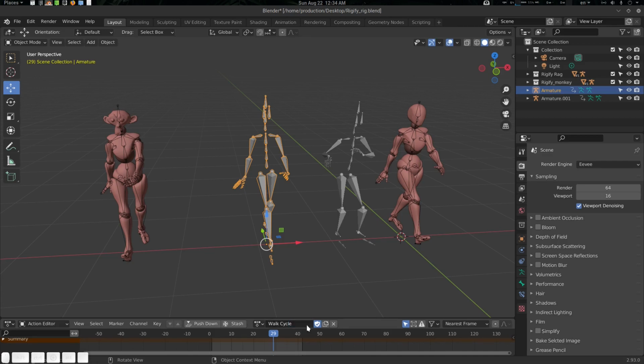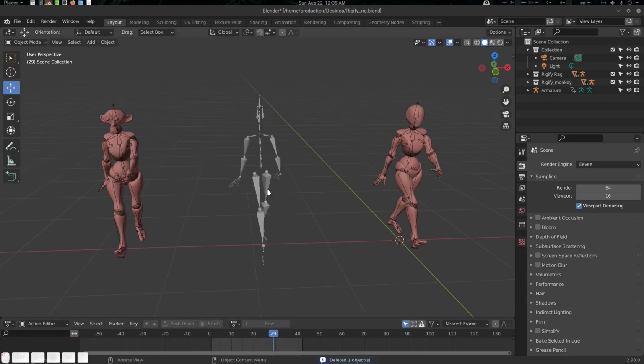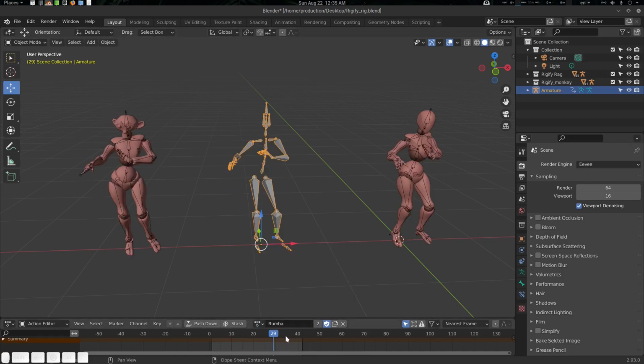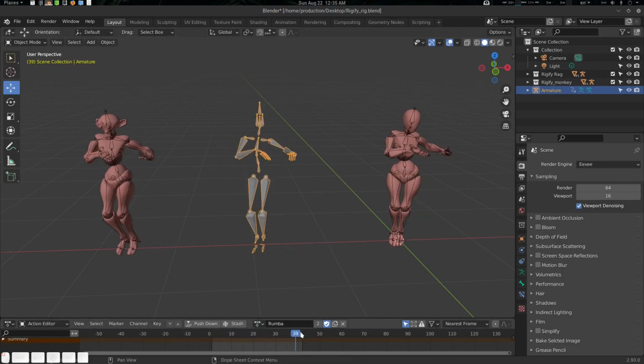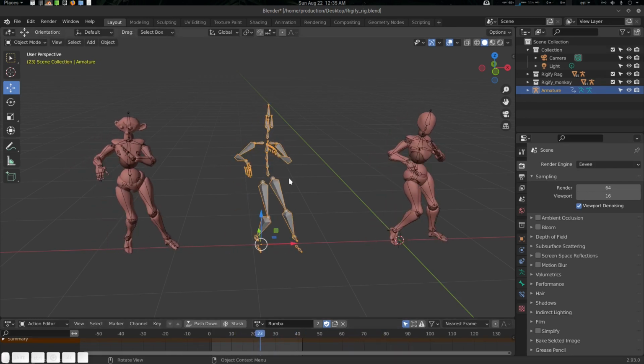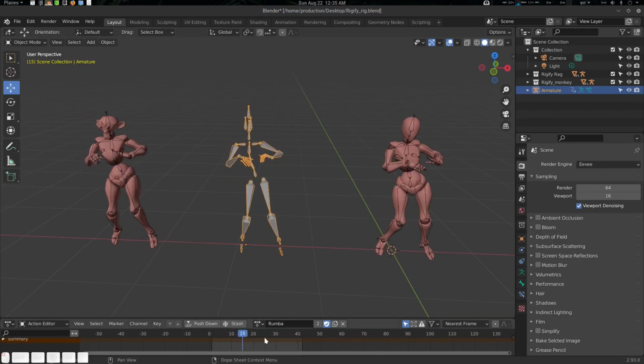Currently it is a walk cycle. So use create a fake user if you don't have one already. So create a fake user here and go here. This will be named as Roomba. Create a fake user. Now we can delete this one. So we can assign Roomba here. It will do the Roomba. Usually it is pretty common in mocap production. The same armature is applied with various motion capture data. That's how you can create it.